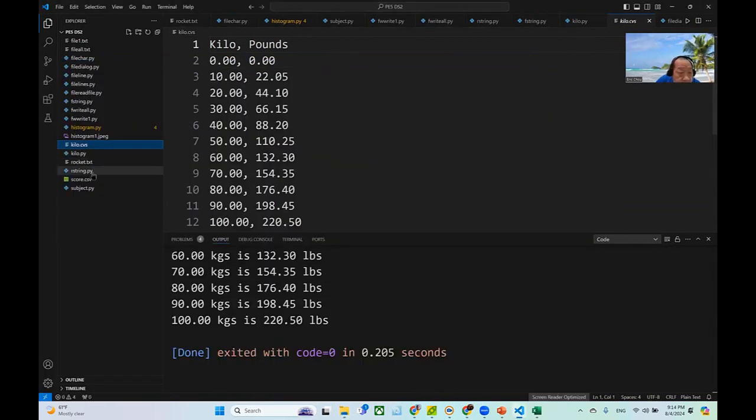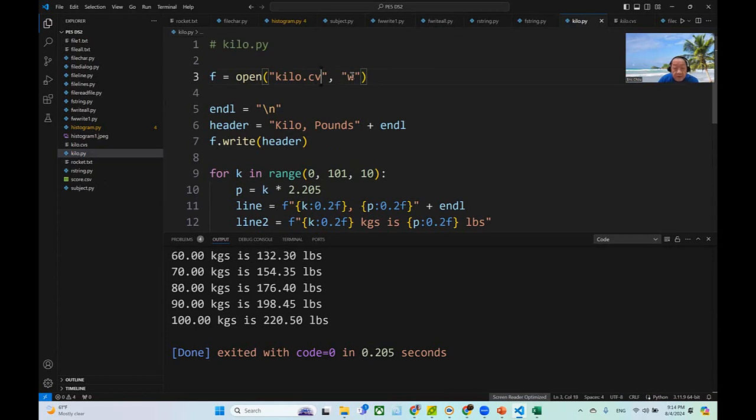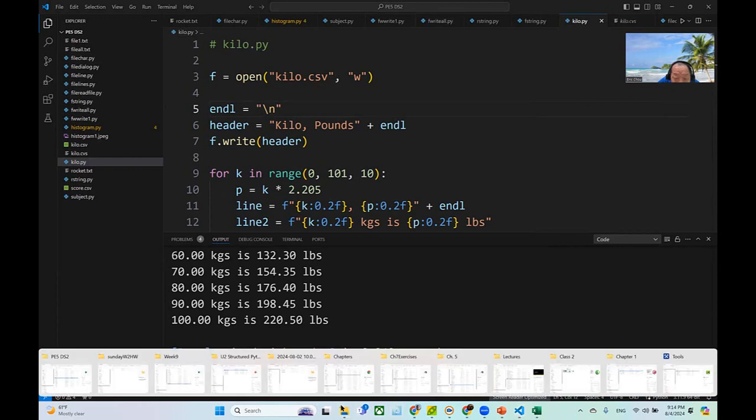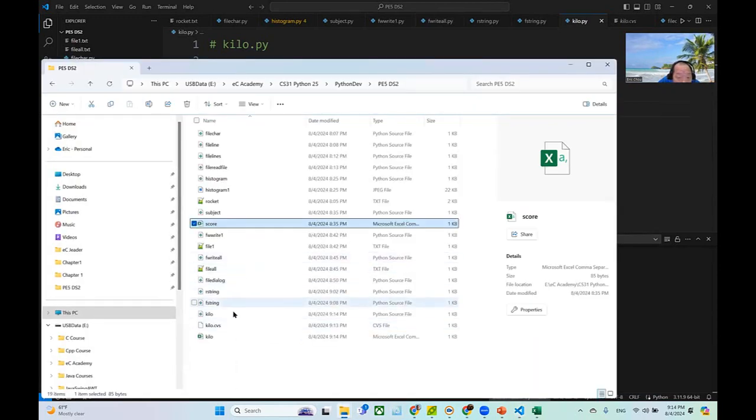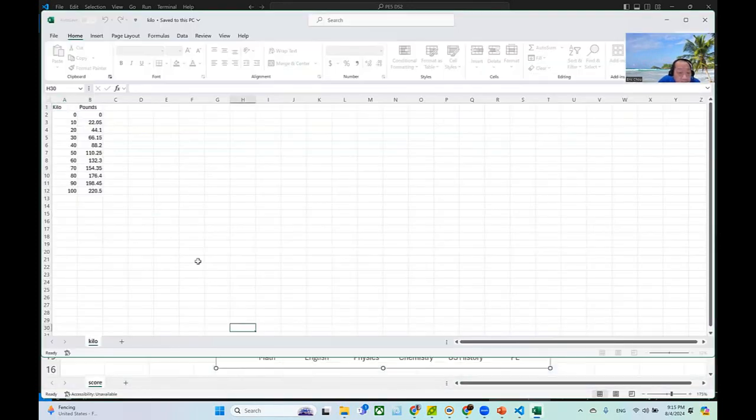It's CSV, not CVS. I got confused. Sorry, let me do it one more time. I go to my hard disk to open the kilo.csv file. I get a table,